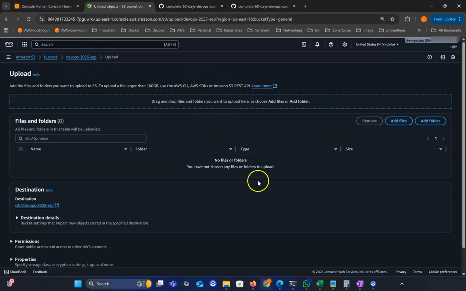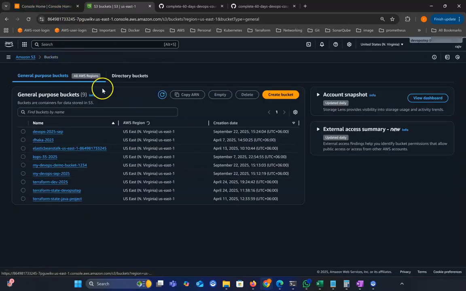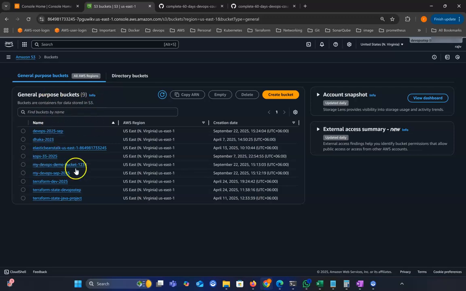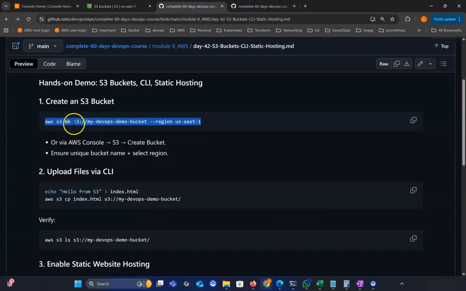That is a little bit less easy than using the console. Okay, so we go to the bucket console. Here all the buckets are showing, and for creating the bucket, I put the command there. Just aws s3 mb, for make bucket, and you give the bucket name, and you put the region where this bucket will be created. In my case, I will create this bucket in us-east-1. Okay, so just copy this command,